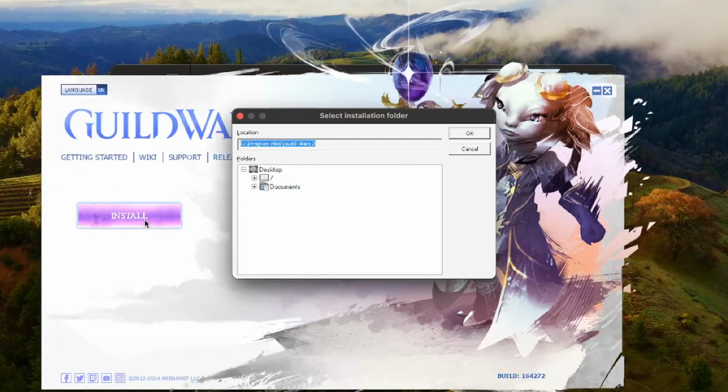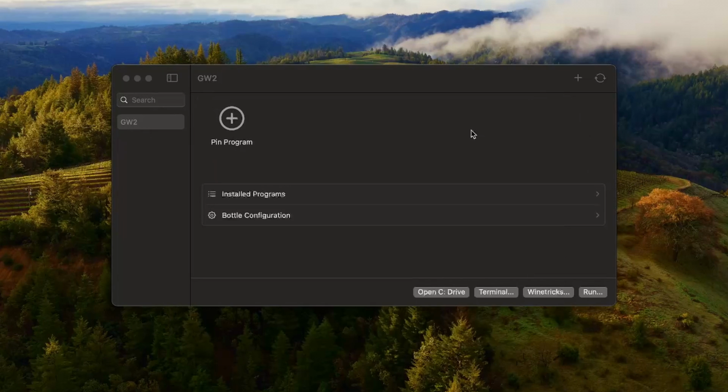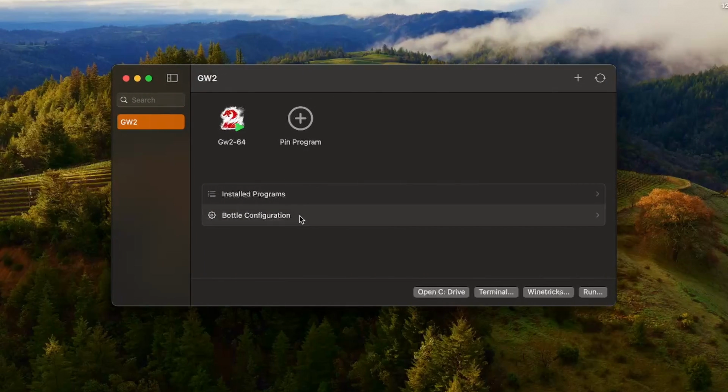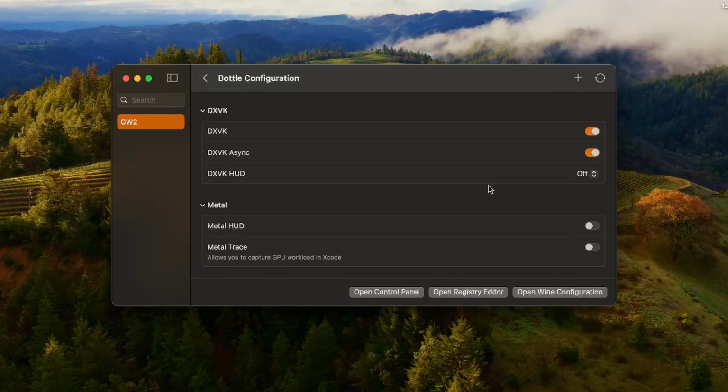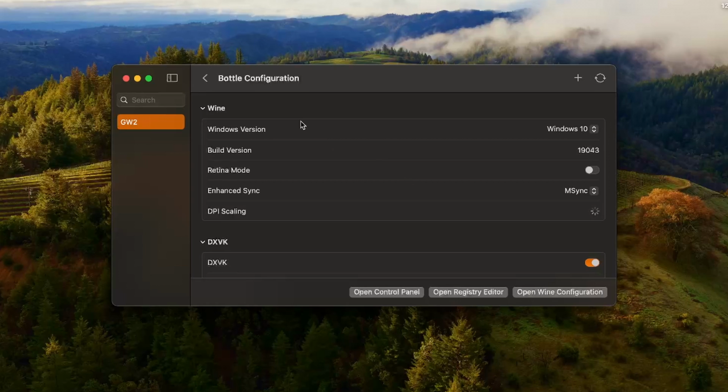as installing it on Windows. Just proceed through the installer, let it download, and fire it up. If the game crashes after you launch it, go into the bottle settings for the game and make sure DXVK is enabled. This is what translates DirectX 11, so it's a requirement, but it might not have been enabled by